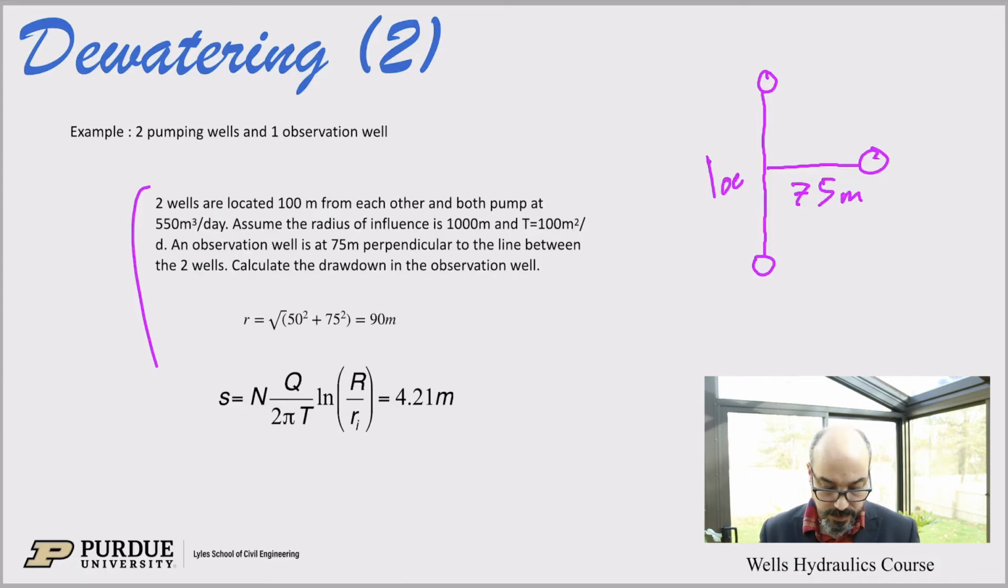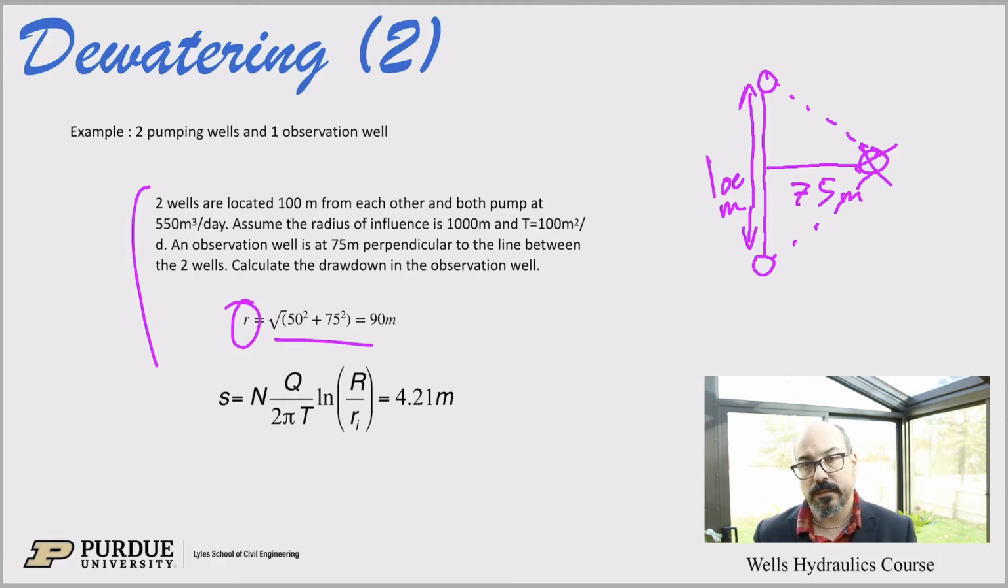That are 100 meters apart. And then we have the observation well, or let's say this is the place we want to dewater, for example, 75 meters perpendicular to the line. Okay, so now we can calculate R, which is the distance from the center to the two wells, is